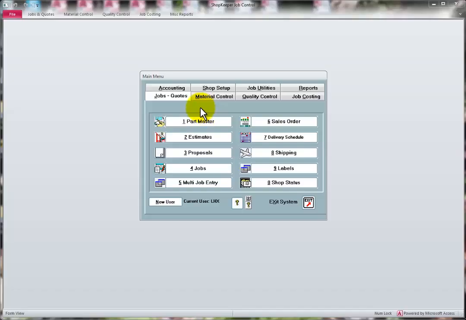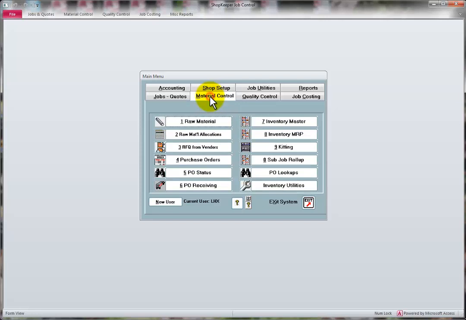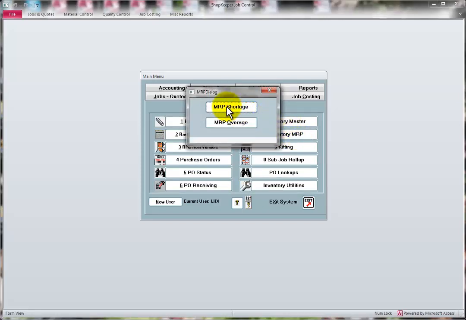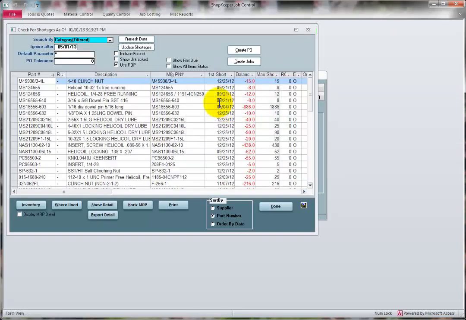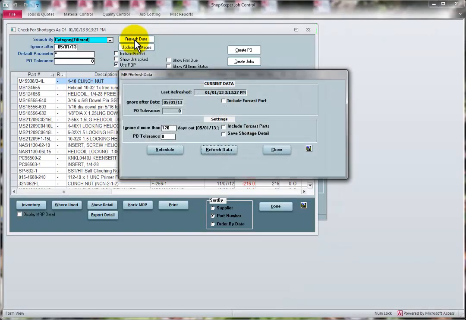Going to cover the MRP feature of ShopKeeper software. So we go to the Material tab, and we open the MRP screen, and we check for shortages. And then if there's anything on this screen that's left over from the previous session, we just ignore it. Go into the refresh, pick how many days out in the future you want to work to, refresh the data,